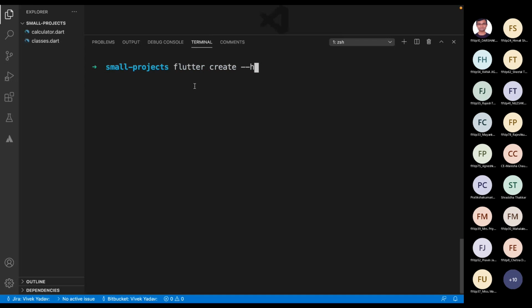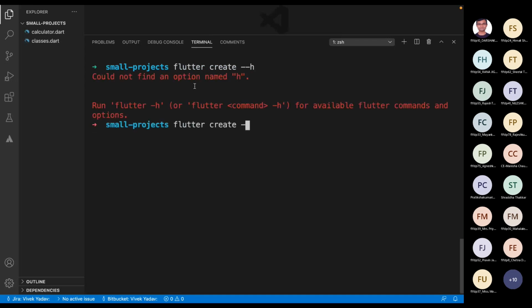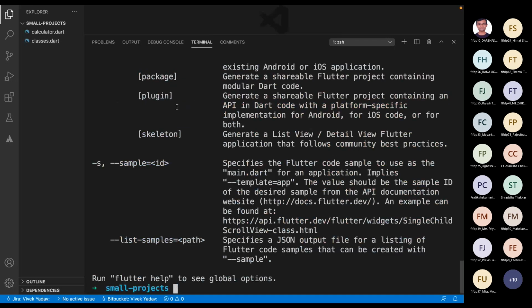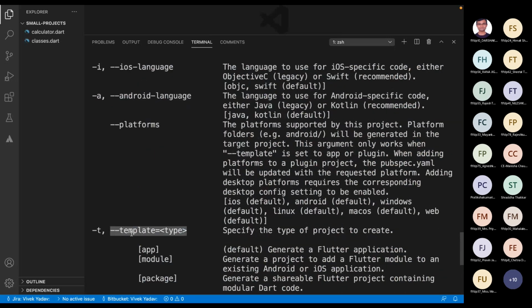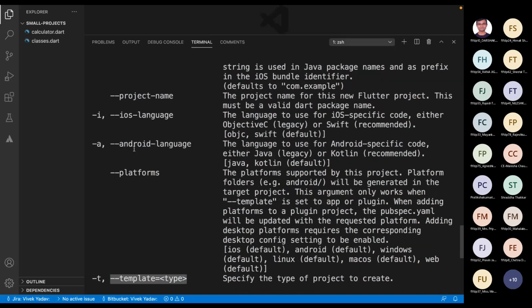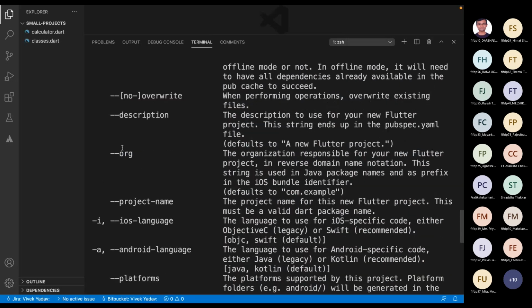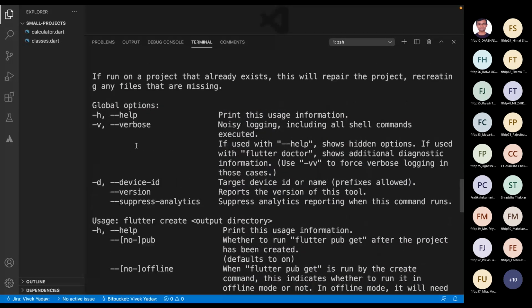If you write -h, it will give you all the commands directly related to flutter create. We can see -t for template, -a for Android language, -i for iOS language, then org and description. So we can see a lot of options available here.